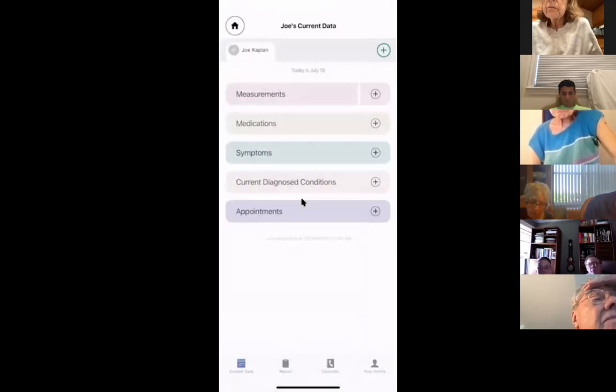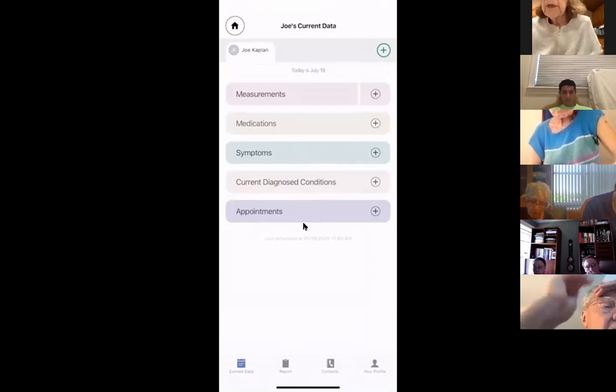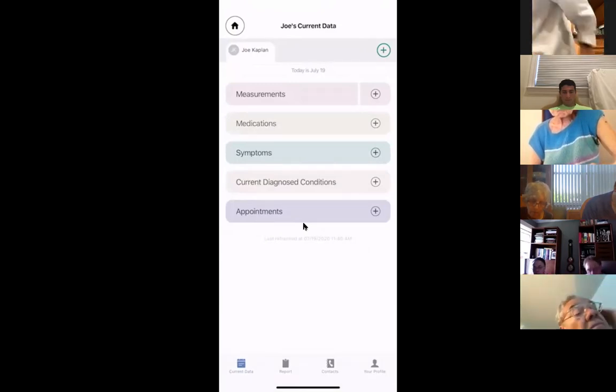So this is what the main HealthSync page looks like. As you can see, it's nice colors. It has a few options, and there's four buttons all the way at the bottom. On the left, we have current data, followed by report, contacts, and your profile. Julia is now going to explain what you could do on this first page, including measurements, medications, current diagnosed conditions,